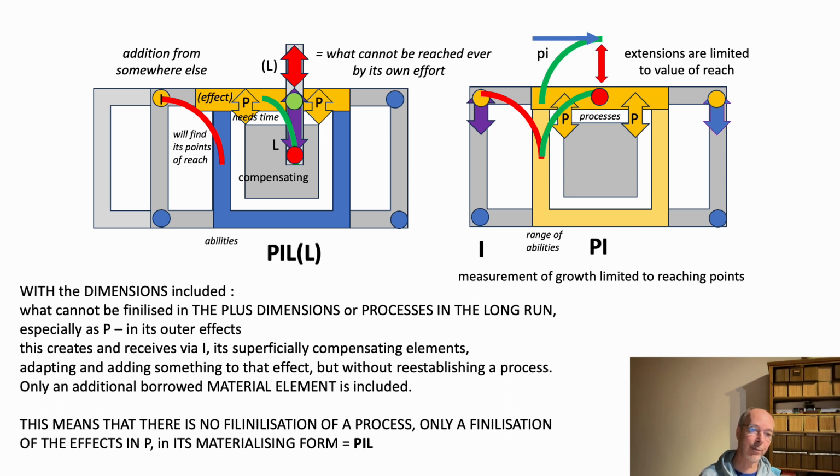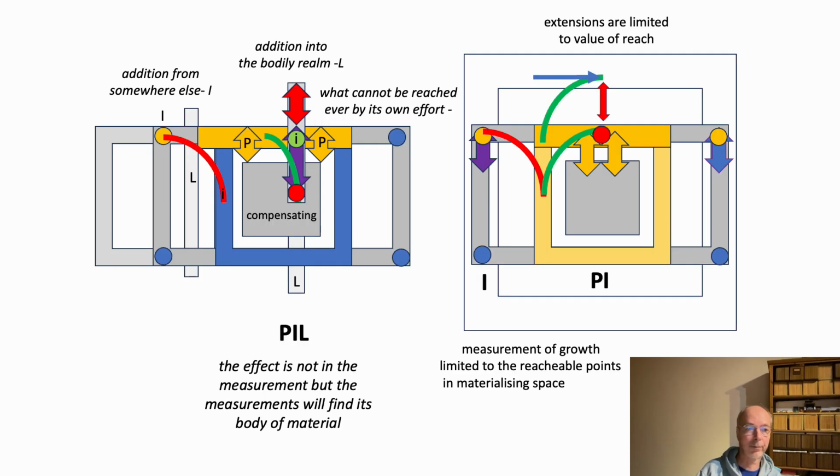So that is also very important to realize, that the pill that we take in will not guide us with our processes. It only will add some material so that we will have the effect that we desired. So that is in fact the meaning of pill, and that is also how it is used. It's good that we realize what words really mean and how they are used, so we know the reach of our word, and also the reach of the objects that we named like this. So here's a little bit more in detail.